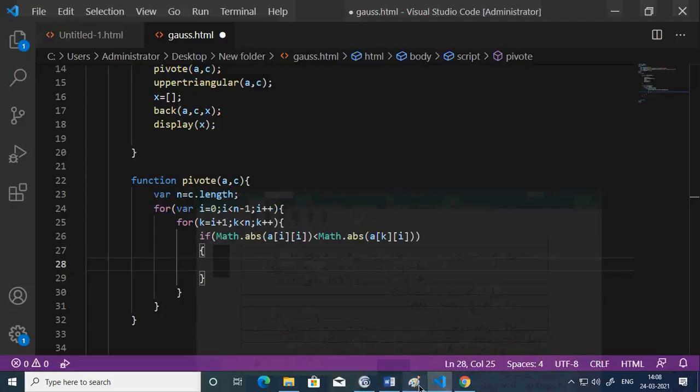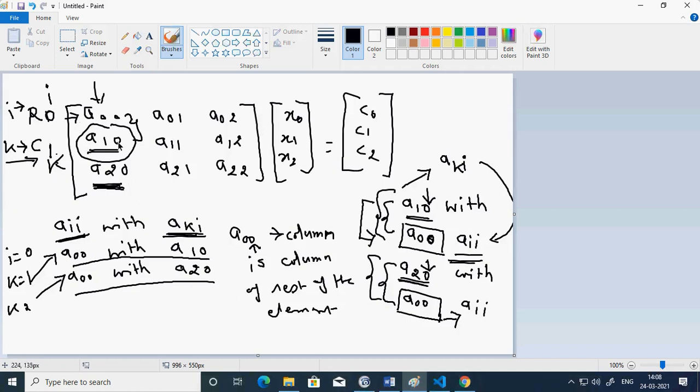So now if I see, to change this, that means now I need to swap this, then I need to swap this, then I need to swap this, then I need to swap this. But to go in this direction, I need one more variable, and that variable is now j. This belongs to j equal to 0, this belongs to j equal to 1, this belongs to j equal to 2. So when j varies from 0, 1 to 2, I can go horizontally. So I can change the column, and one by one I can swap the values.